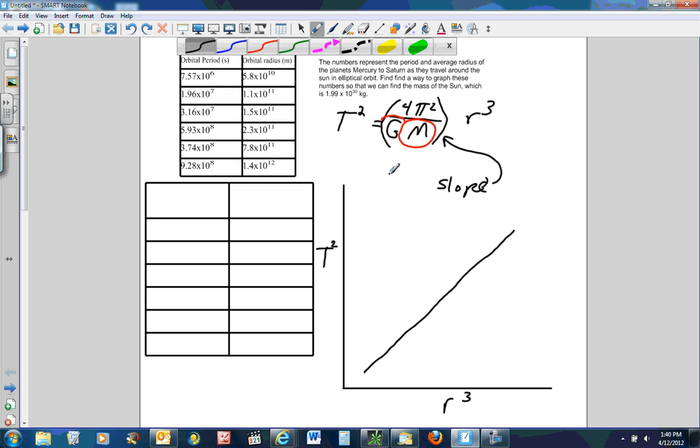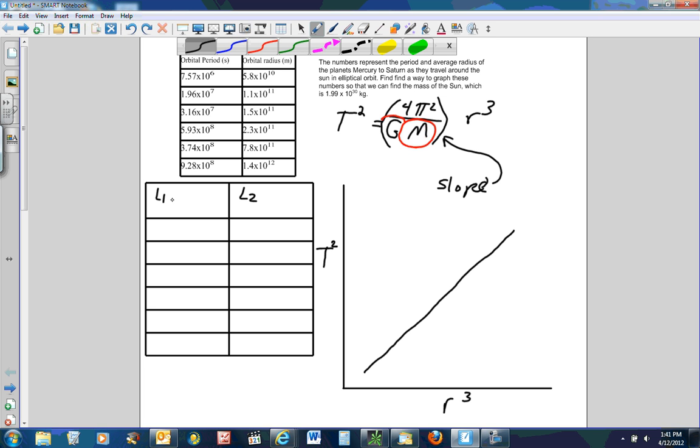So, here's what I did. I did all this in my calculator. You can do most of it in your calculator. The orbital periods are going to be the y. The orbital radius is going to be the x. And so in L1, I'm going to put these orbital radii. In L2 of my calculator, I'm going to put the orbital periods. So once I get all of them in, I'm going to highlight L1,